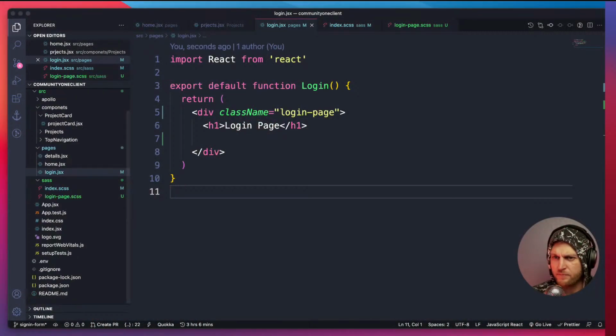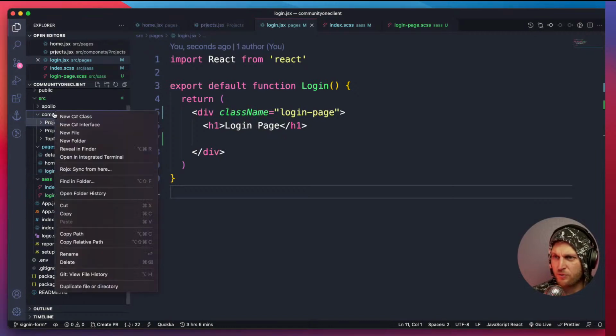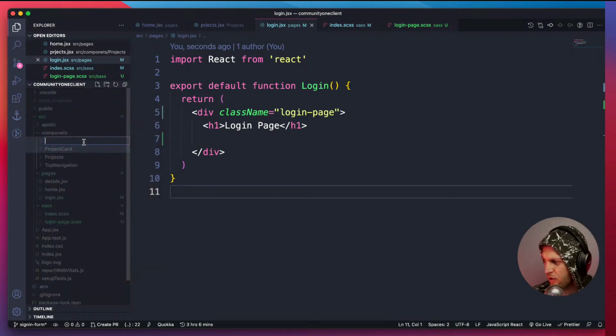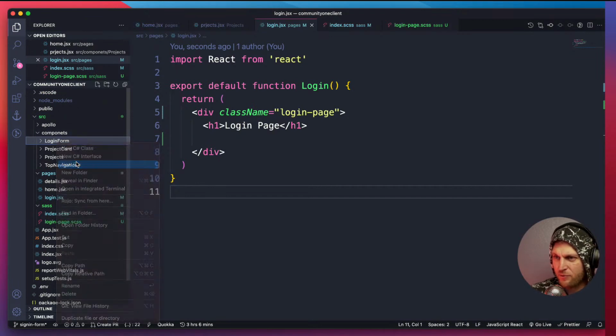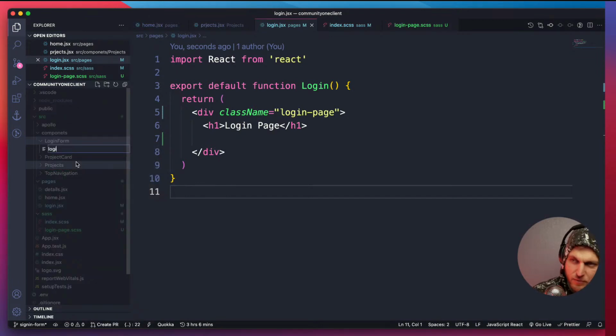We're going to work on building out our login form. And so what we're going to do, we're going to create a separate component here. So I'm going to switch back to my work screen, and we could close these. We're going to go to our components. We're going to create a new folder and call it, what should we call it? Because we're building a form, let's call it login form. At some point we're going to have a sign-in form, so I'm going to create a folder for login form. I'm going to add a new file. I'm going to call it login form